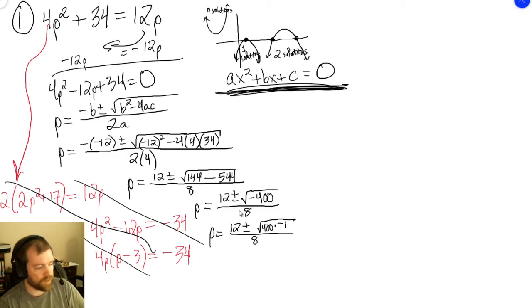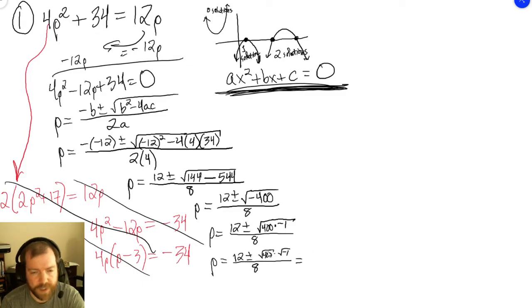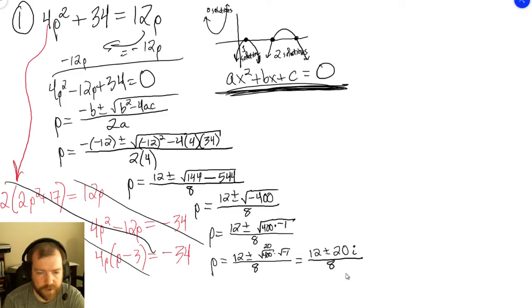I am going through this rather slowly, step by step, so you can see it. P is equal to 12 plus or minus the square root of 400 times the square root of negative 1, all over 8. The square root of 400 is 20. This is 12 plus or minus 20. The square root of -1 is abbreviated i, or depending on your field, engineers, physicists might call it j, all sorts of other stuff like that. It's all cool. But either way, this is